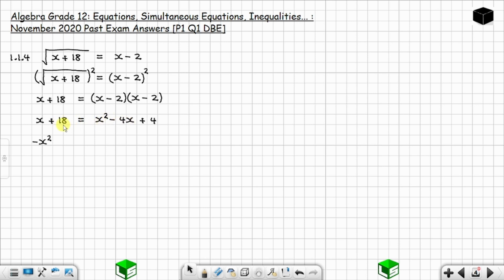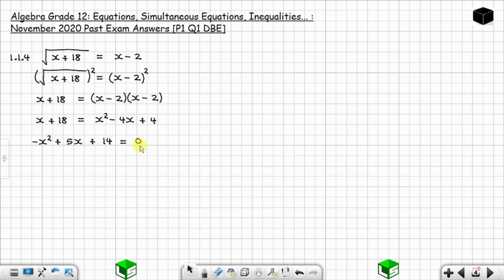So you have plus 4x and this x, so it's 4x plus x, which is plus 5x. I hope you can see that. And now you have 18 minus 4, right? Plus 4 to the other side, it's minus 4. So 18 minus 4 is plus 14, okay? And this is equal to 0. When you take everything to the left side, you remain with 0 on the right side.